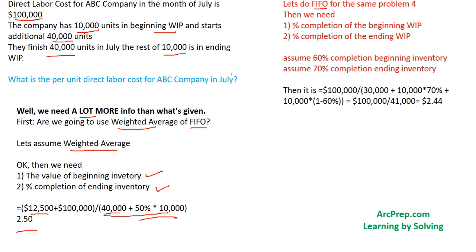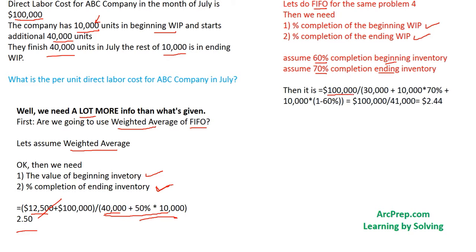Under FIFO, I don't need this. I don't need the 12,500. What I do need is the percent completion of these 10,000 units. Instead of the value, I need the percent completion. I again need the ending work in process inventory, just like here, because I need to know what I'm finishing in total. Let's assume 60% completion of beginning inventory and 70% completion of ending inventory, which means I'm spending